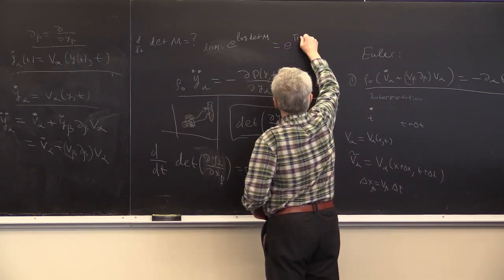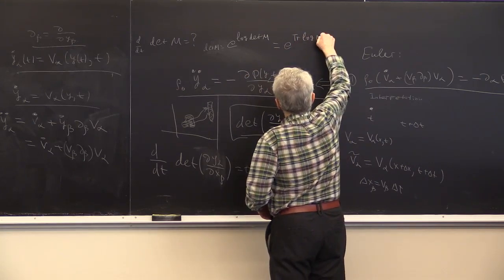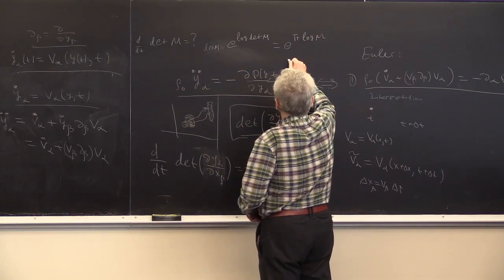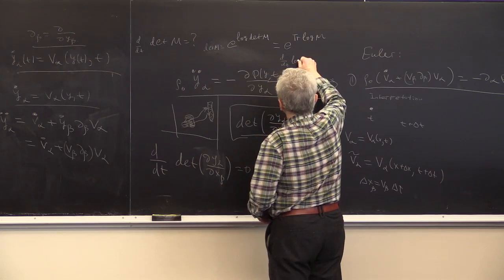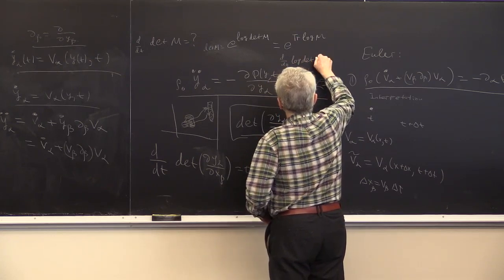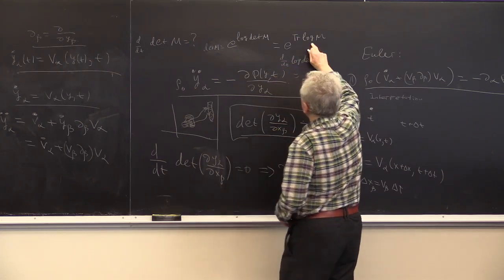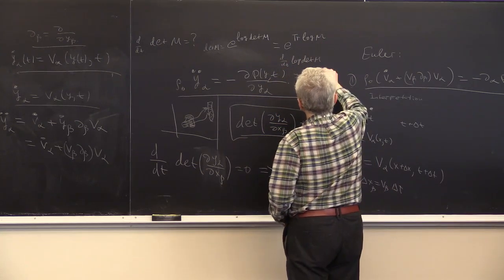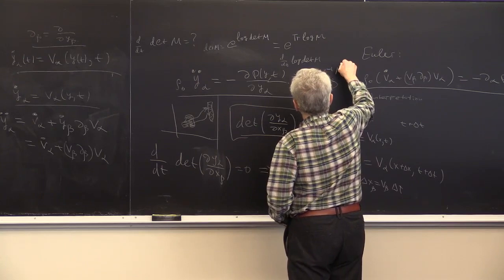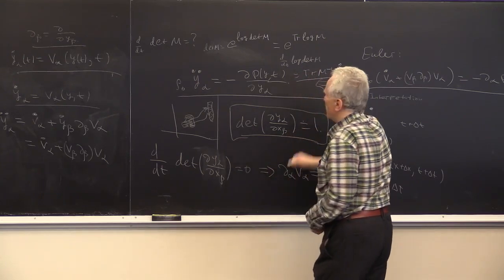This is the trace of the logarithm of M. And when you differentiate, you get d/dt of log determinant is equal, now, when you differentiate the logarithm, you get M minus 1. You get trace M minus 1 M dot. And this formula,